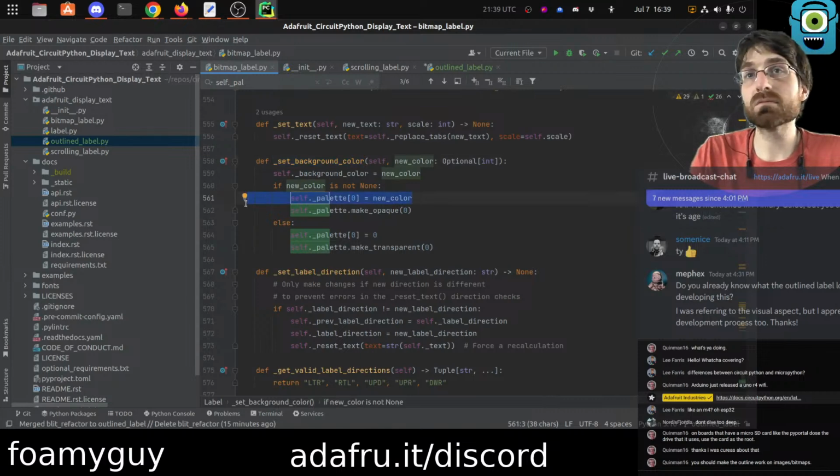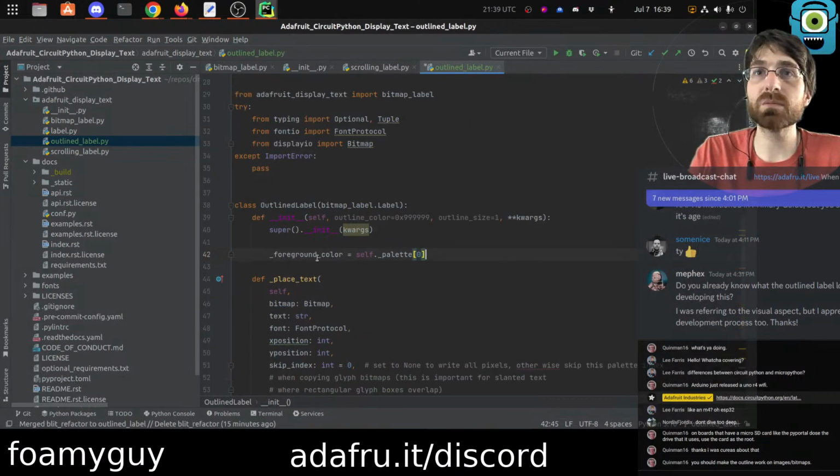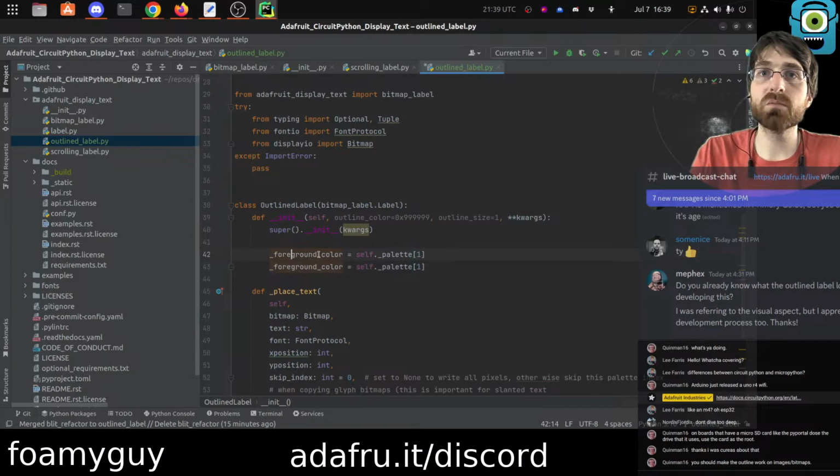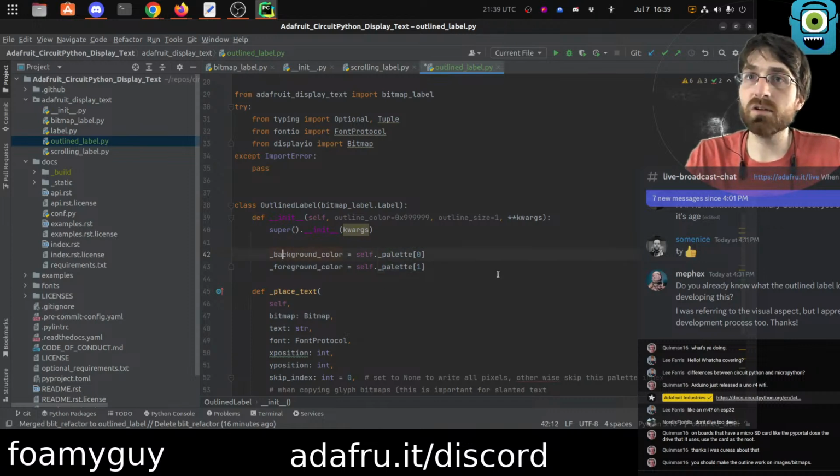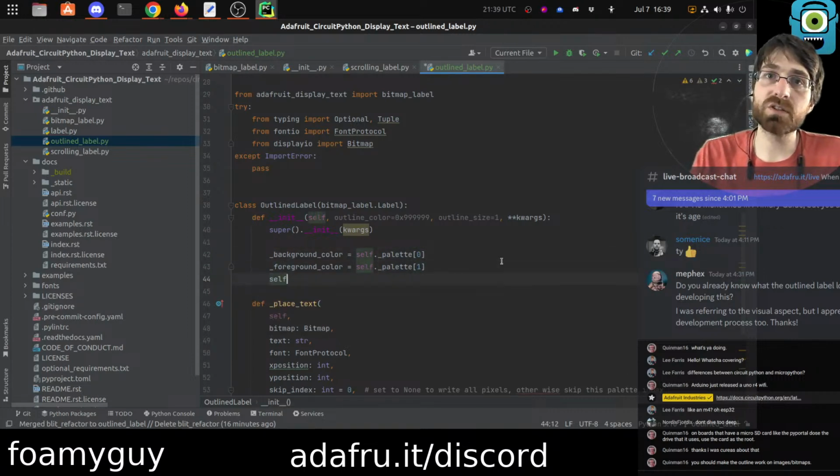Oh, okay. 0 is actually the background color. So we'll say foreground is 1, duplicate background. That'll be 0. So we'll save those two into their own variables, and then we're going to go self.palette is